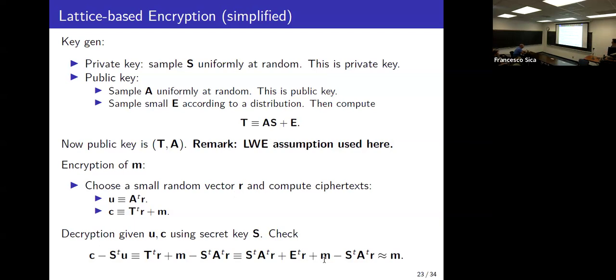What is important? Is there a name? Yeah, so this is LWE-based encryption, but there are two forms. What I described here is where the public key uses the LWE assumption, and the ciphertext is based on the SIS assumption. So you can do a combination of these. I think the best way is to base the public key on LWE, but also the ciphertext on the LWE assumption. So you use two LWE assumptions everywhere. That gives you the type of small parameters.